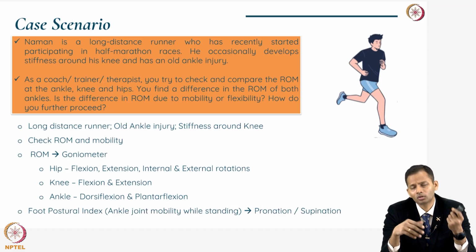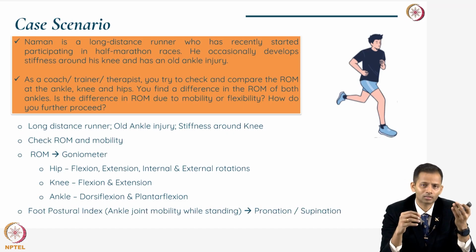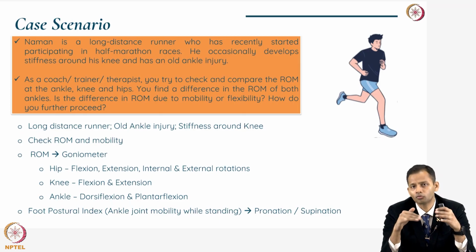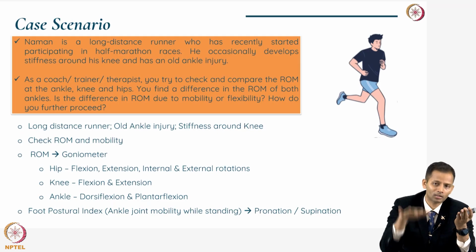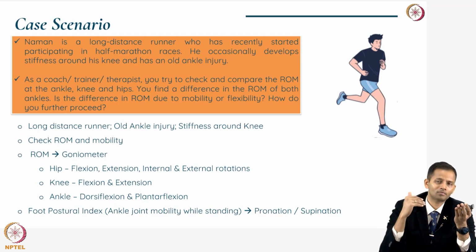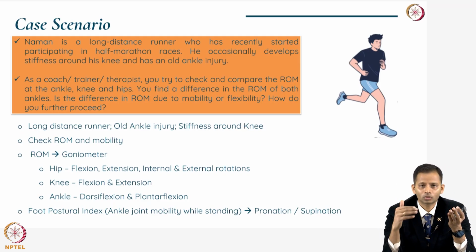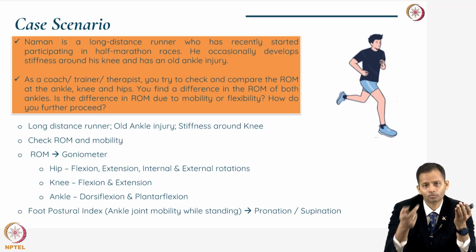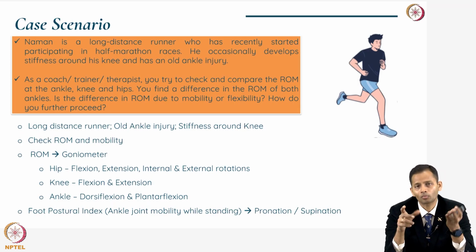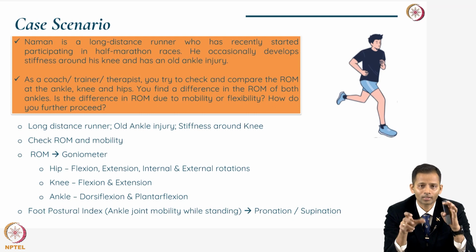You can also include one other assessment to see the structural integrity of the foot. When the individual stands, because of the weight of the body against the floor, you have a method to assess how well the arches of the foot are maintained and how much mobility the foot has at the level of the talus and calcaneum. So that gives an idea